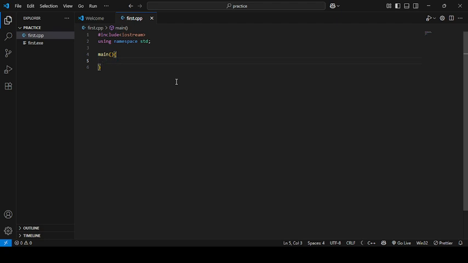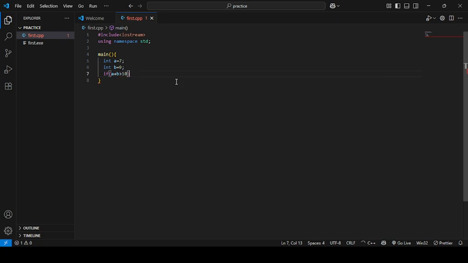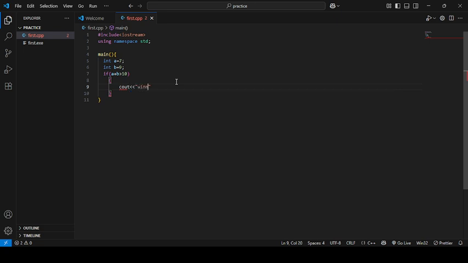Okay, so I will declare two int variables. Int a is equal to 7, and int b is equal to 9. Okay, now I am going to use if statements. If, else if, now I am writing the condition a plus b is greater than 10, then it would come inside the curly brackets and cout winner,